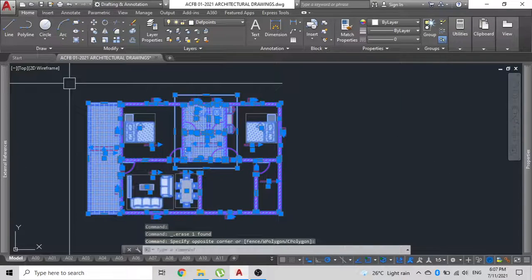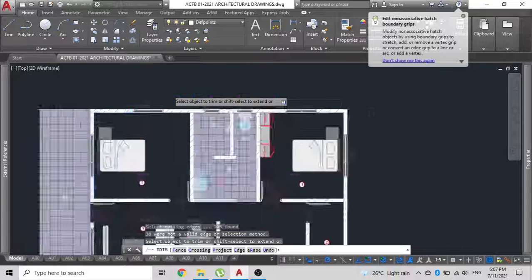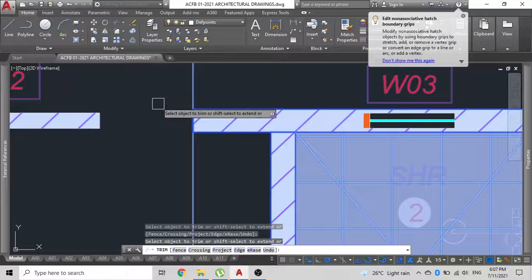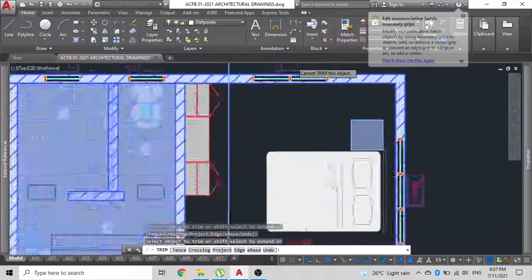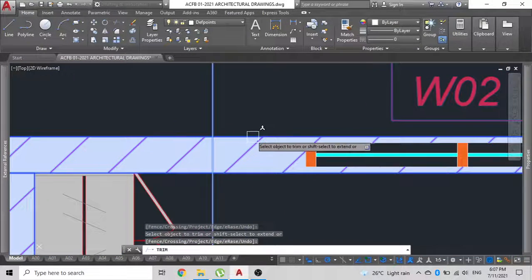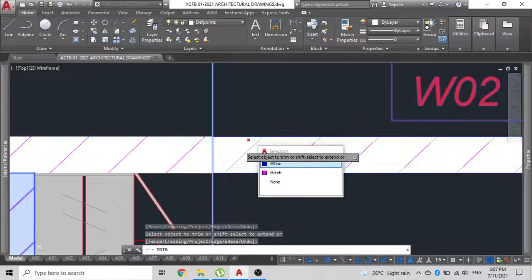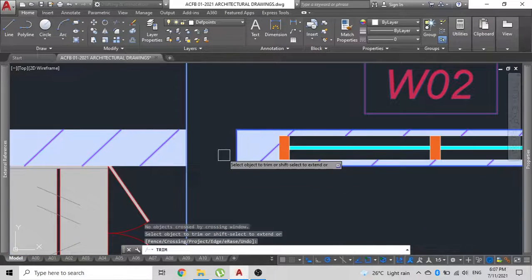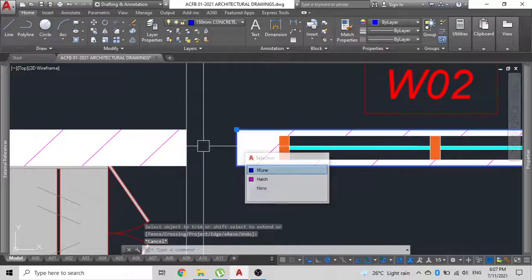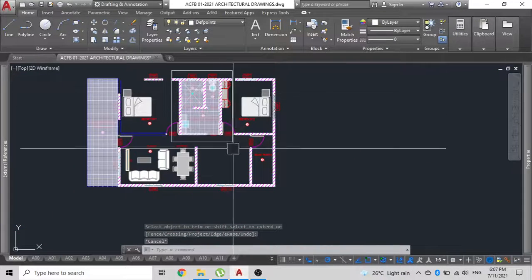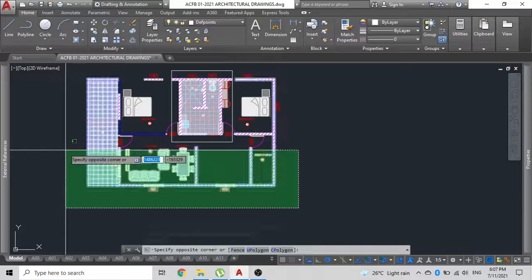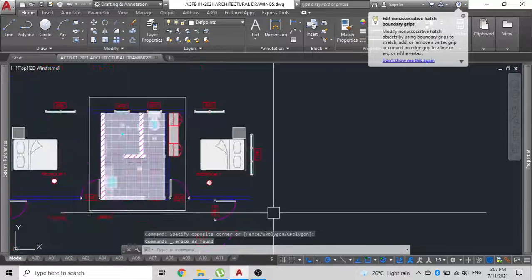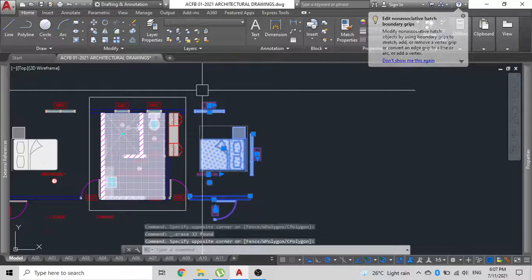Now I'll select all, type TR for trim, and trim out any unnecessary lines and hatches. This is the advantage of using a multi-line instead of a polyline: you get a nice clean trim and you do not have to go back, draw a line and do a fillet. Case in point. If you lose or delete a hatch, you don't need to worry, you can re-hatch your drawings. But for the time being, we need to get the basic outline of the bathroom.